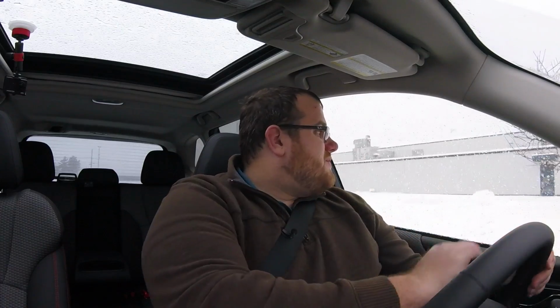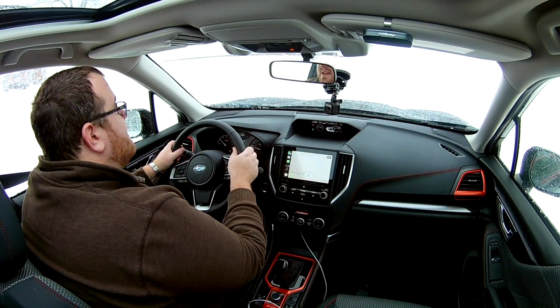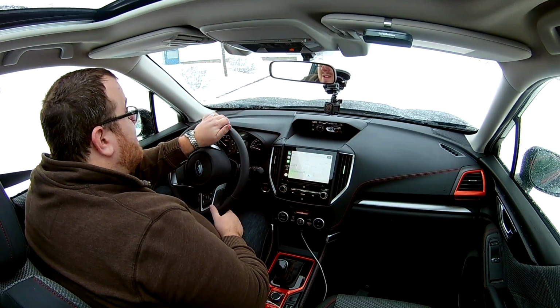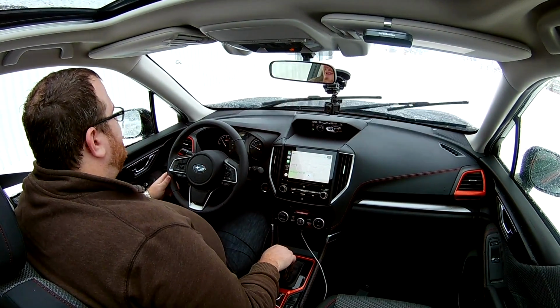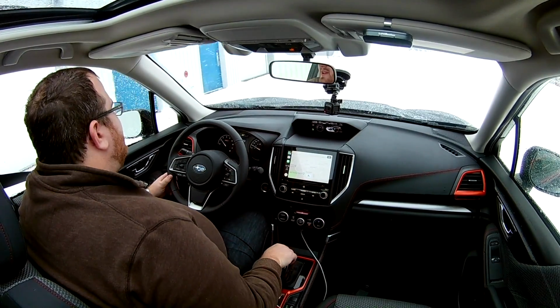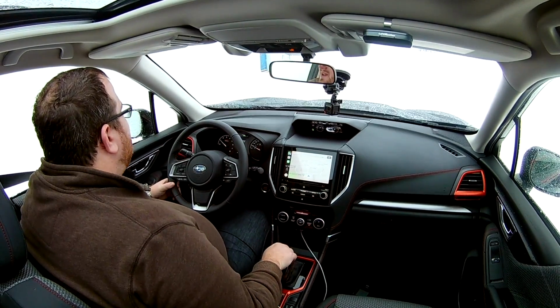So we've put it back into the deep snow X mode, even though it's not really that bad. But I'd like to find, oh, that's a curb. What I really want to do is find a section that's deep like that, but won't kill the bumpers. Because the problem is, they've plowed some of this, but they've plowed it onto the road. So I don't really know what's...